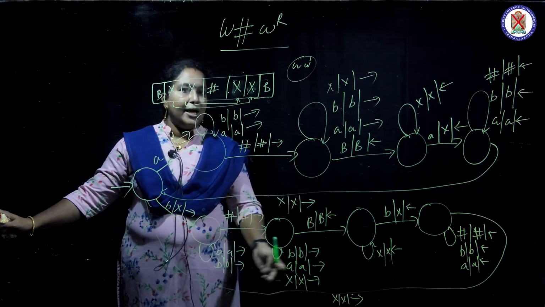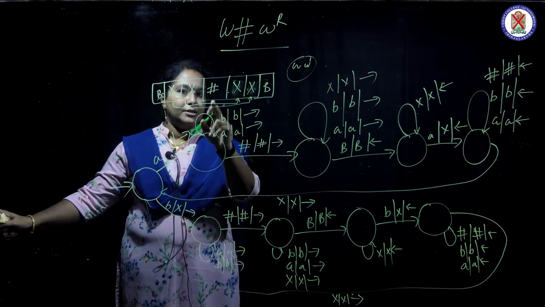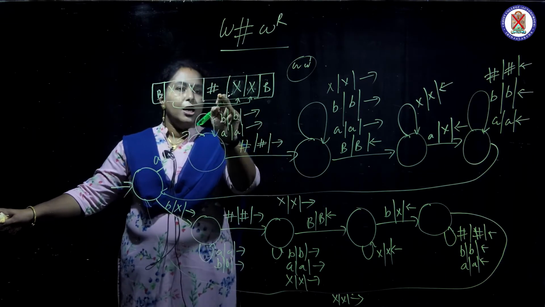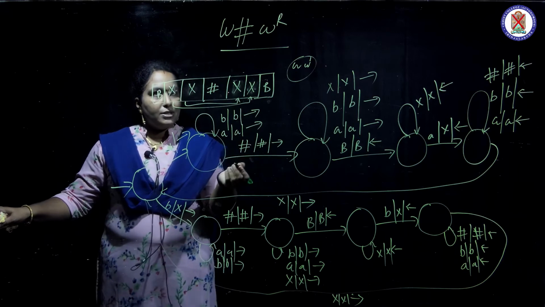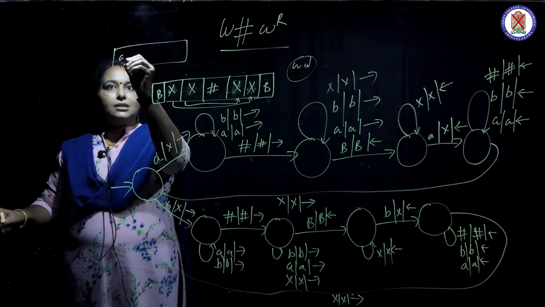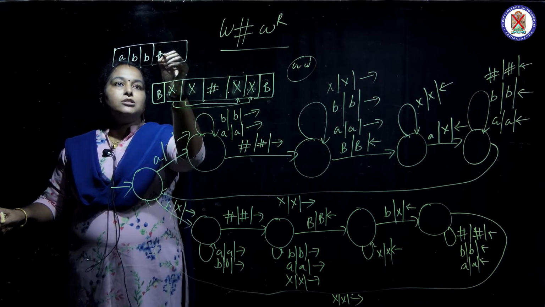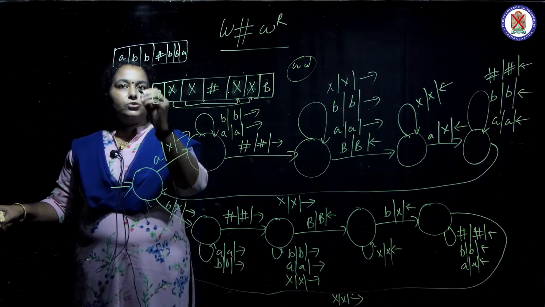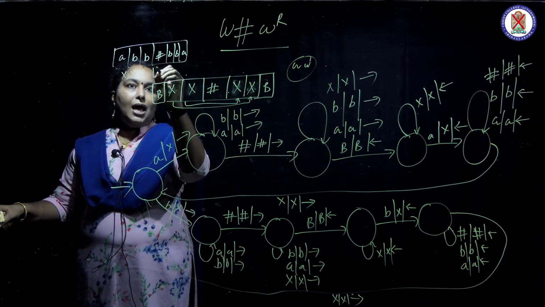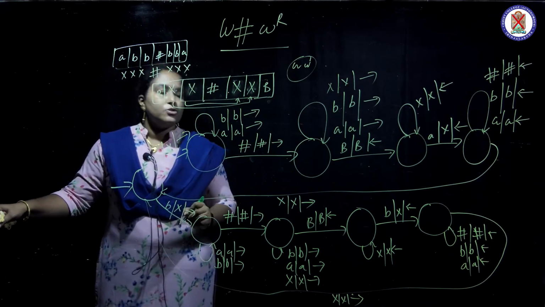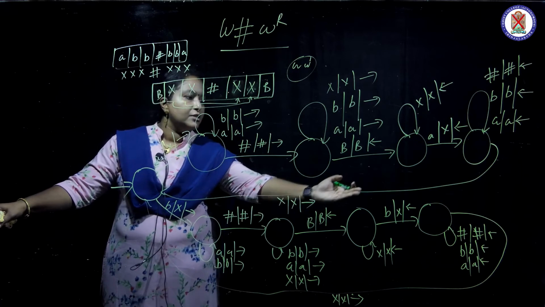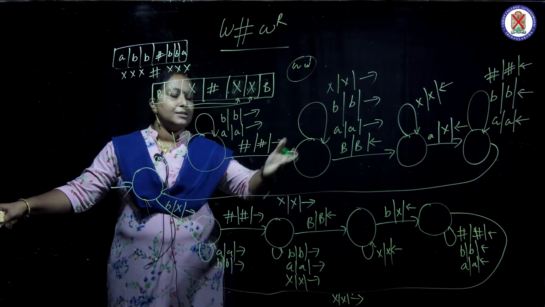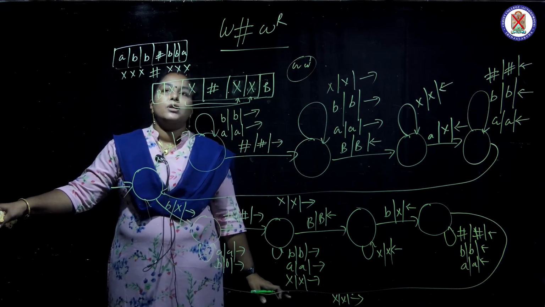After hash, then X comes, isn't it? So we have made it as B, and after blank we make it as X, and we check for hash. So wherever the expression, for example, if we have used three symbols A, B, B, hash, B, B, A, then after execution it will be X, X, X, hash, X, X, X. Okay, so the condition after making this, it bypasses hash, and after hash the first X will be taken by this.